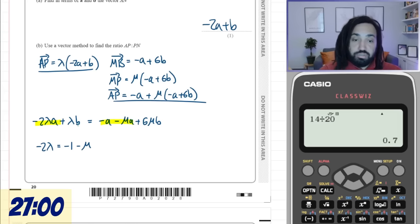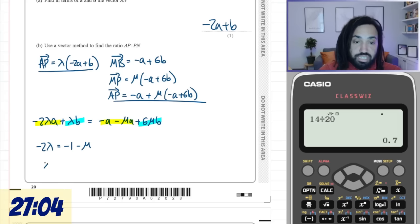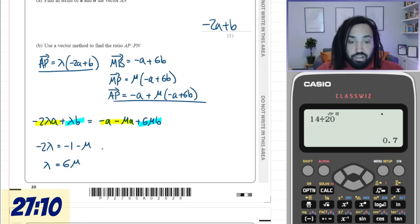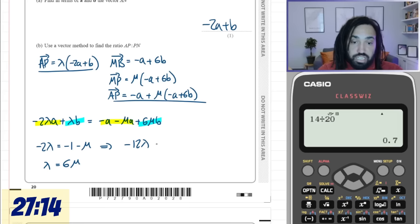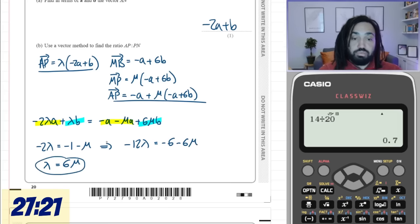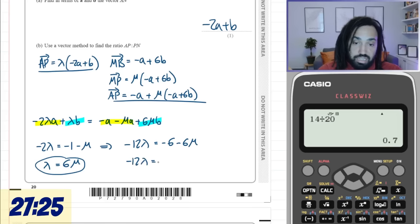And then we also need to equate the B's, because the B's need to be the same on each side, which tells us that lambda is equal to 6 mu. Okay. Now I'm going to times this one by 6, because that's going to give me 6 mu, because I know 6 mu is equal to lambda. So I can rewrite this now as